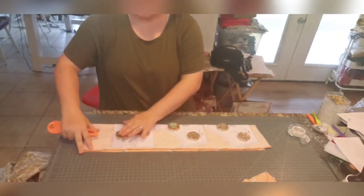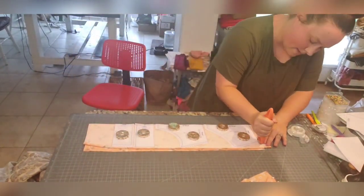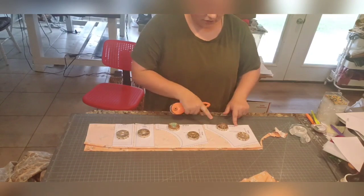Okay. So then I'm left with this. So then you just start cutting. All I'm going to do is